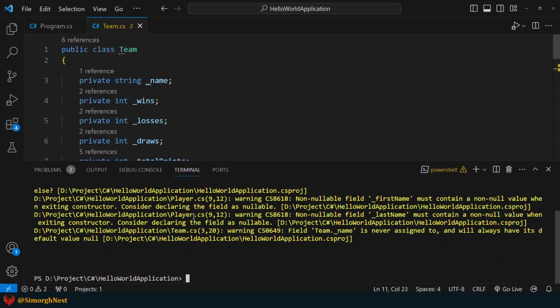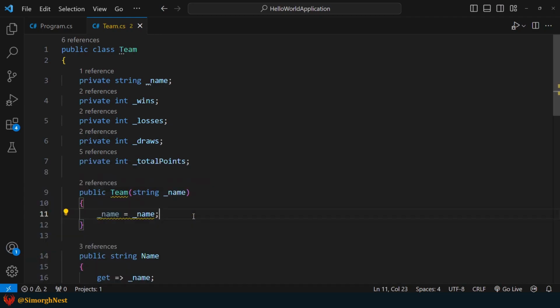This happens because C# gets confused when the field name and the parameter name are the same. The name field has a default value of null. In the constructor, the compiler treats this name as the name field and this name as the parameter. Therefore, it sets the name parameter to null, which is not what we want.